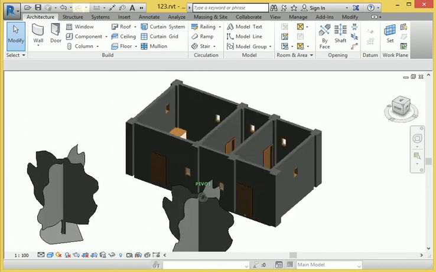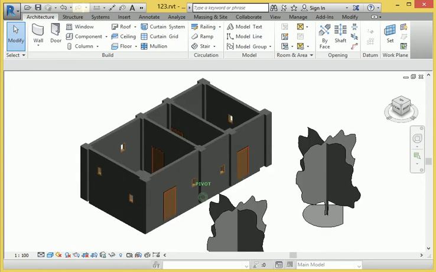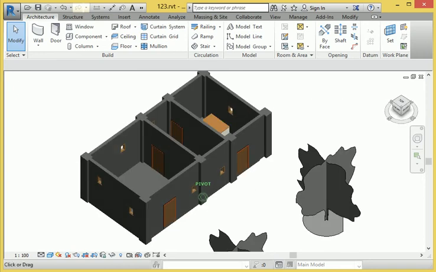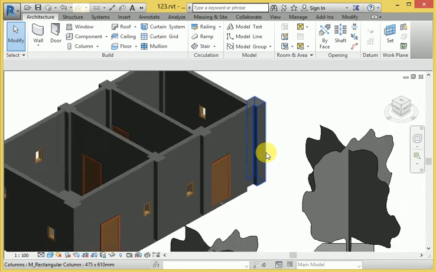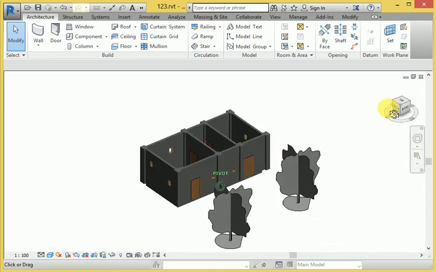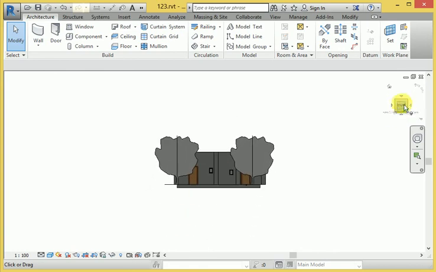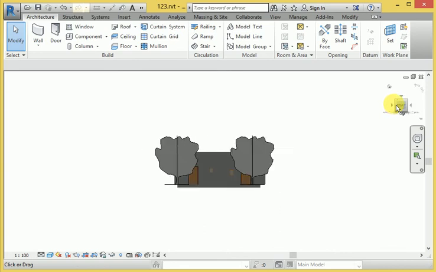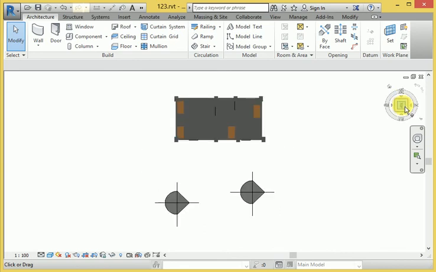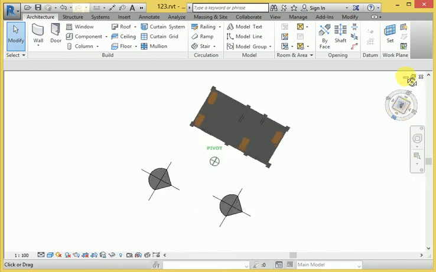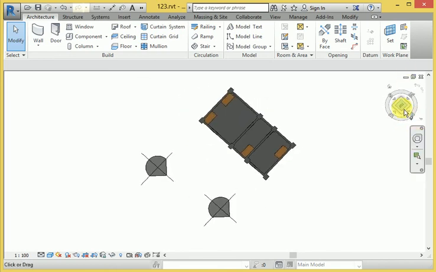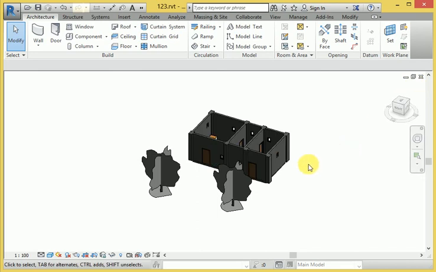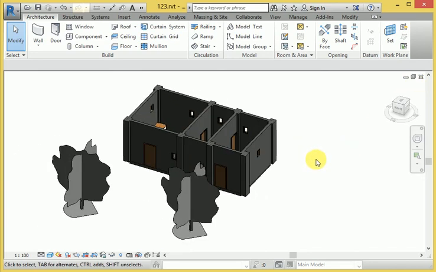See here, if you change this particular view, any view can be rotated from this particular diagram here, and I want to change to the right view, top view, side view, bottom view, and the isometric view. So if you click this here, then go to isometric view. Right now here you can see that. So this is very useful for floor design.